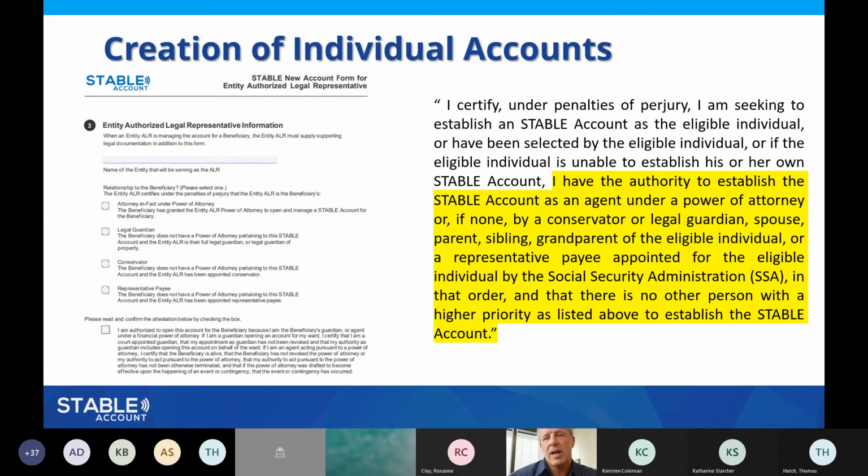I will also again highlight that although it's not up on the resource page of WVABLE yet, it will be there very shortly, and that will be a walkthrough of the account site. That's one we did a few weeks ago, and so go and look at that, and that will show you all of the different capabilities within the account site, how to make contributions, how to make withdrawals, how to change settings, different kinds of things that you can do. So I'd highly recommend that once that's available.